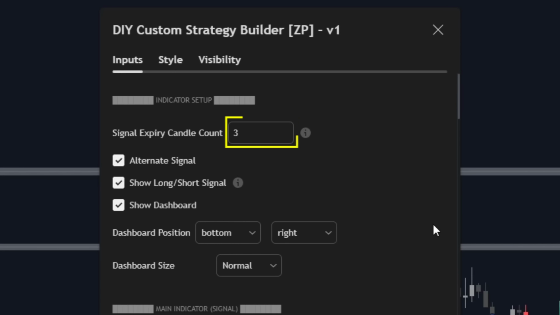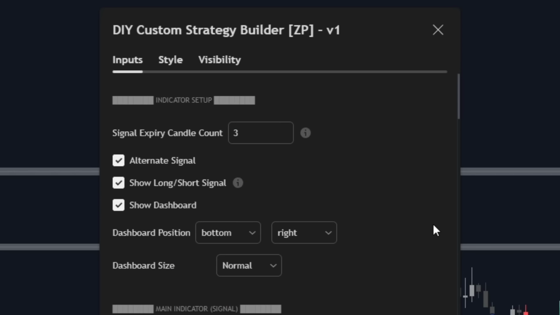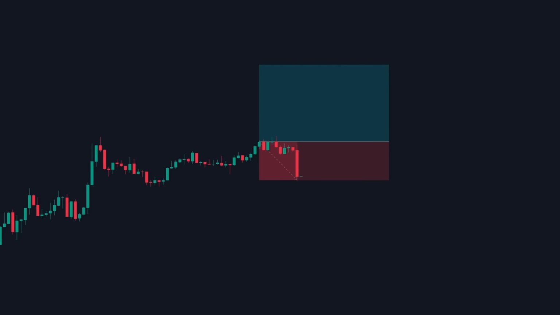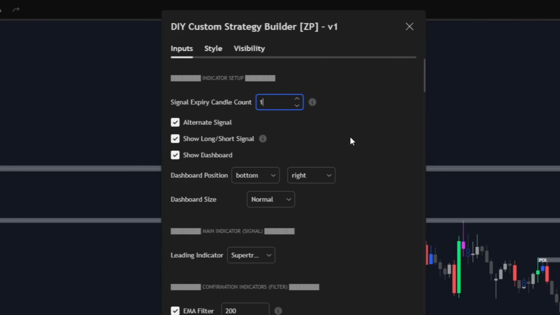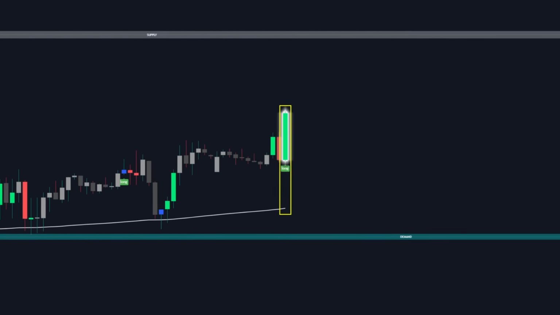If these confirmations don't synchronize within that specific window, no signal gets printed on your chart. This intelligent filtering system helps eliminate weaker or delayed setups that could lead to losing trades. You can often adjust this to 1 candle if you prefer everything to align on the exact same candle for more precise entries. Finally, there's the switchboard section, which operates separately from your strategy logic, but controls exactly what you